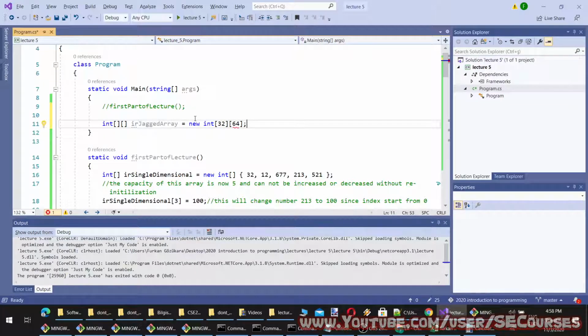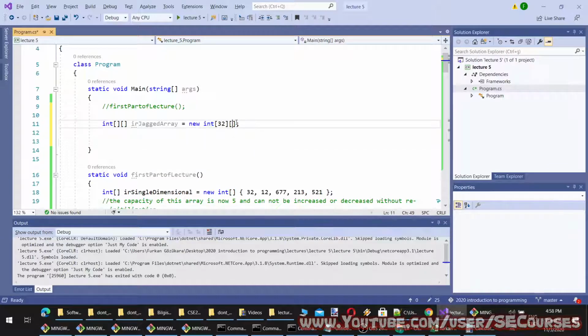By the way, we cannot define jagged arrays like this. I think it is defined like this. So when I do this, it will give me error.